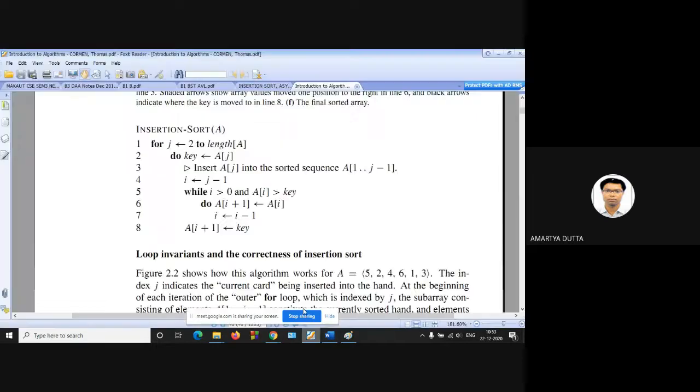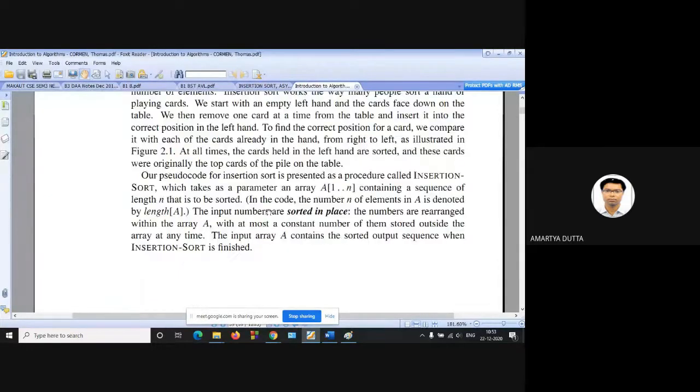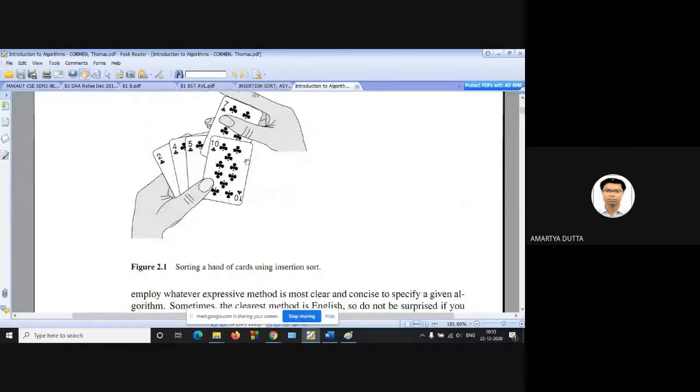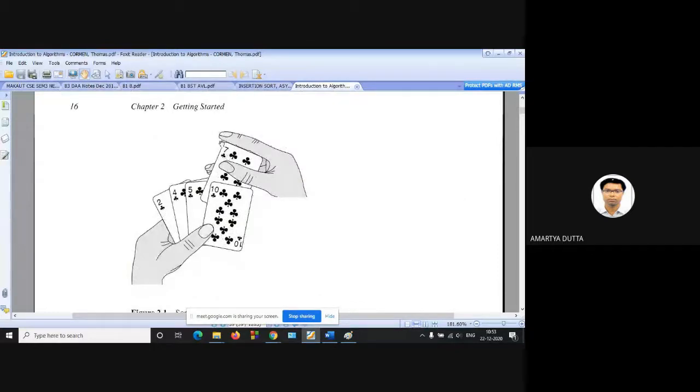Here, in the card example, card number 7 is inserted in the sorted sequence. The left part of the inserted position should be sorted, this 2 4 5.